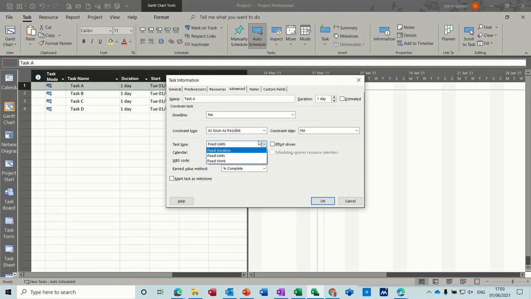Now on fixed unit, you can see the effort driven tick is deselected. Fixed units is deselected, fixed duration is deselected, but if you select fixed work, it is selected and you cannot deselect it. So if you select that type of task, you don't get the option of having it on or off. Now if I go back to fixed units, which is the default, and take the tick off, this is how